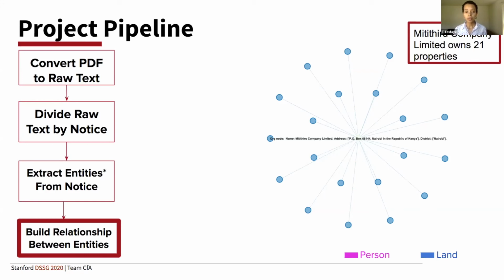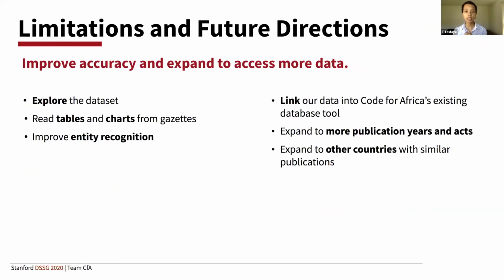But even with all of this really insightful output, there are certain limitations and future directions that we recommend. We found Mutithuru Company Limited after a short exploratory data analysis, or a short search in our output. There are definitely more insights in the output that one can explore further. So we recommend exploring this data set going forward. Also, in the Microsoft Cognitive Services that was mentioned earlier, we struggled a little bit to work with tables and charts that require a different system. So we recommend people taking this further could also improve on that.